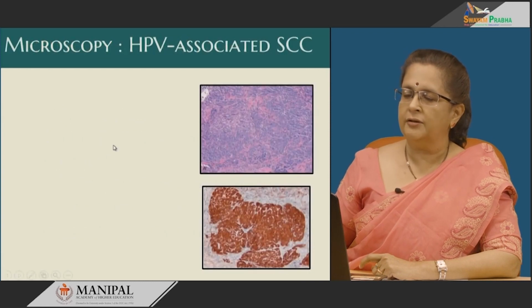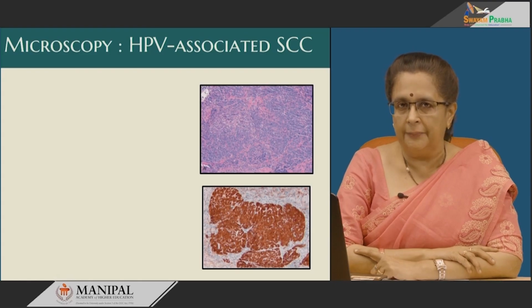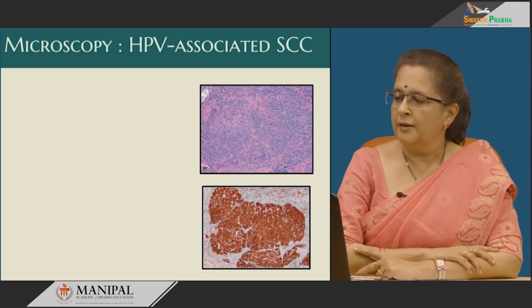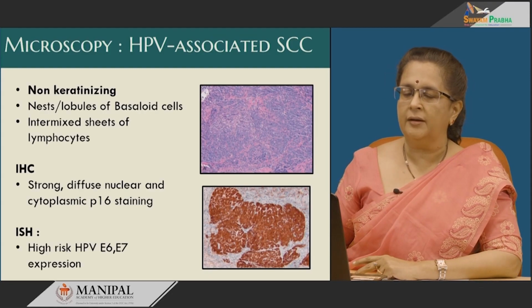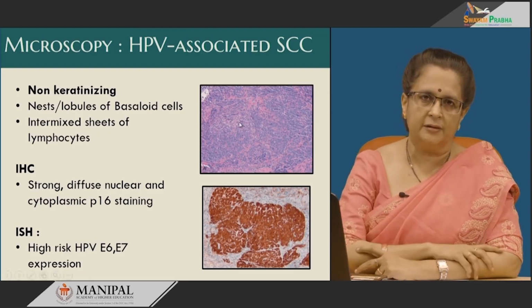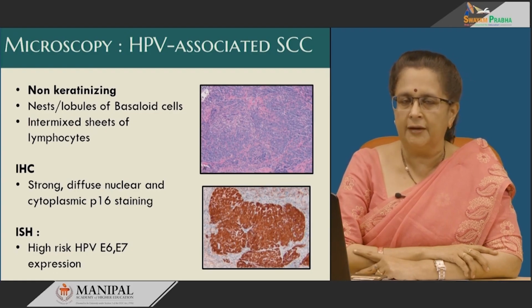So, how will it look microscopically? As I said earlier, this is a lesion occurring in the epithelium of the tonsillar crypts. Therefore, it is in close association with lymphocytes. The most important aspect is that it is non-keratinizing. So, what you get is nests of basaloid cells. So, what are basaloid cells? Basaloid cells are there in the base of the stratified squamous epithelium, that is the lowermost layer. They have very little cytoplasm and are almost bluish in color in hematoxylin and eosin stained sections.